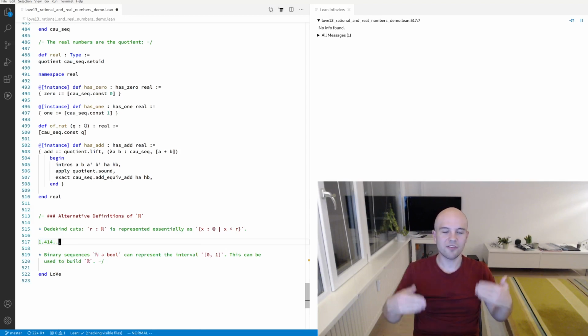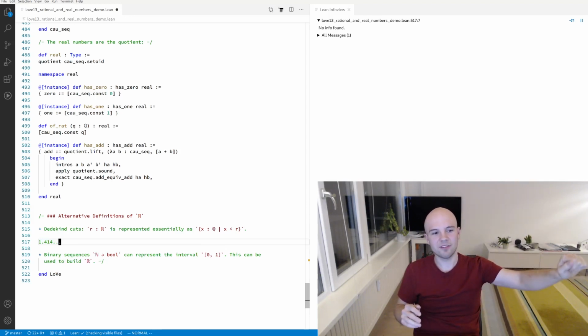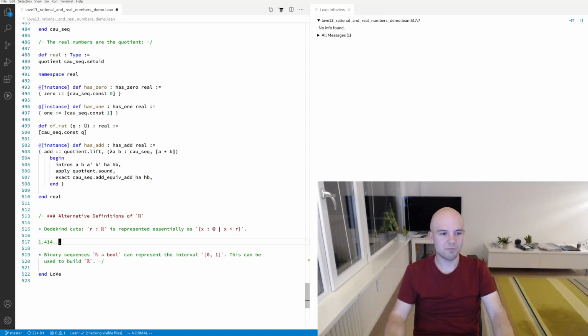And you can also define the real numbers by considering such infinite sequences of decimals, or I mean, you can also do this in binary or in hex if you want. This is also somewhat inconvenient because it's hard to define addition on